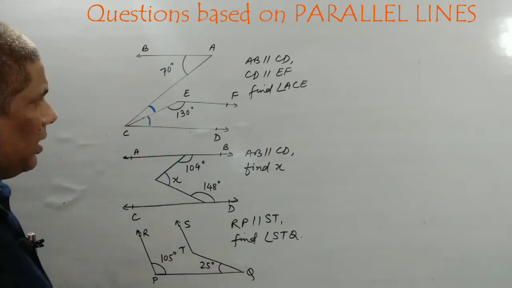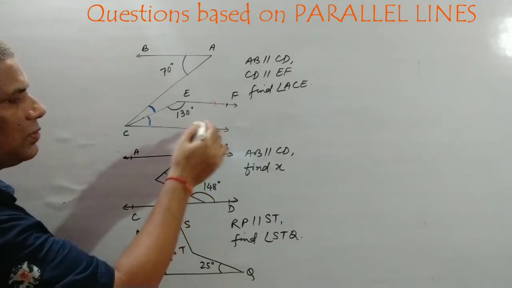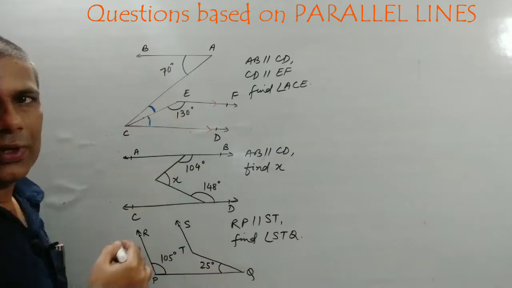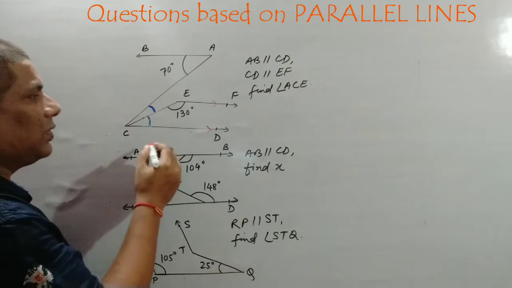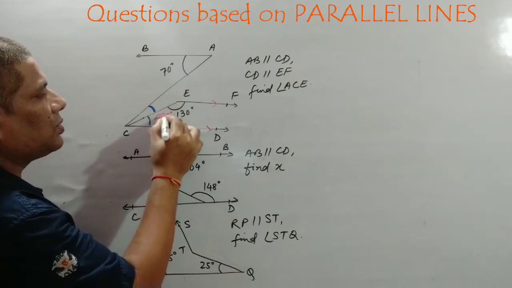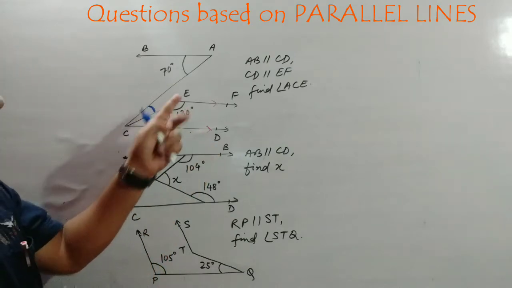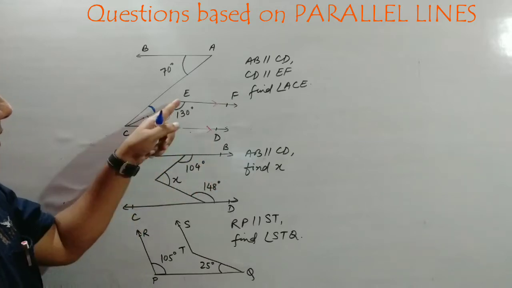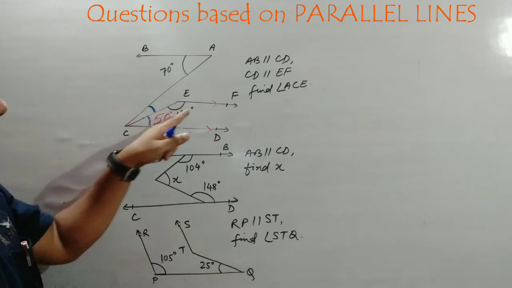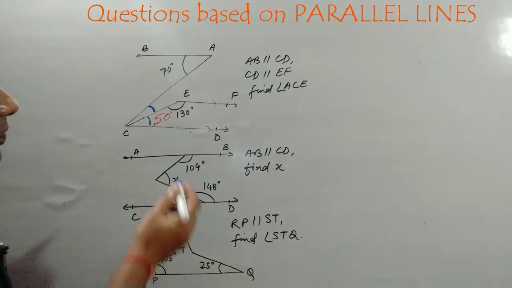How? Let us see. EF is parallel to this line. These two are parallel and this is transversal. So these two angles make a sum of 180 degree. In this way, if this is 130 degree, this angle will be 50 degree. So how we have found angle DCE: EF parallel to CD, EC is transversal. So this is 130 and this both will make 180 degree. So this is the missing angle, and it is 50 degree. How we will solve?